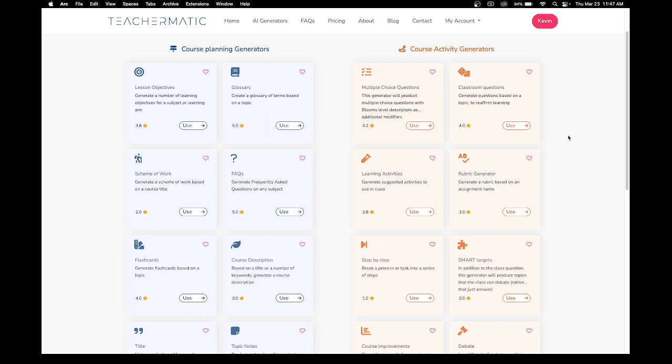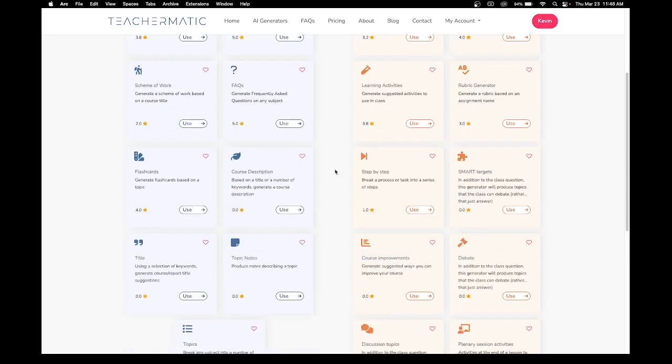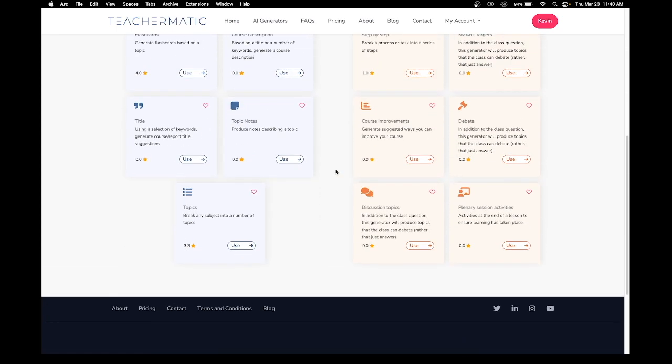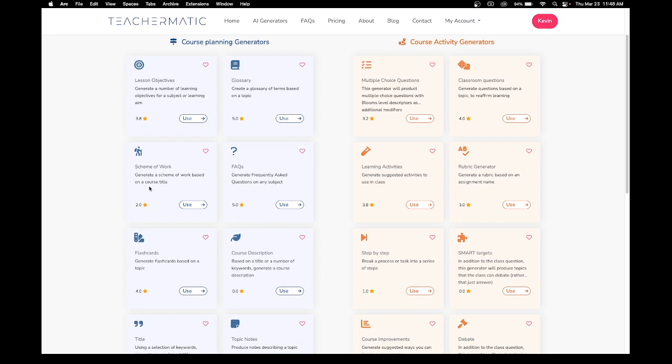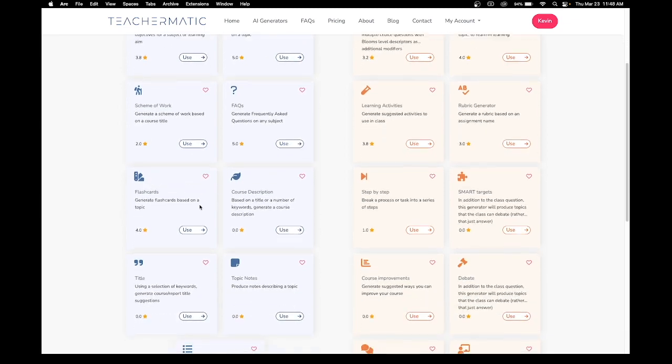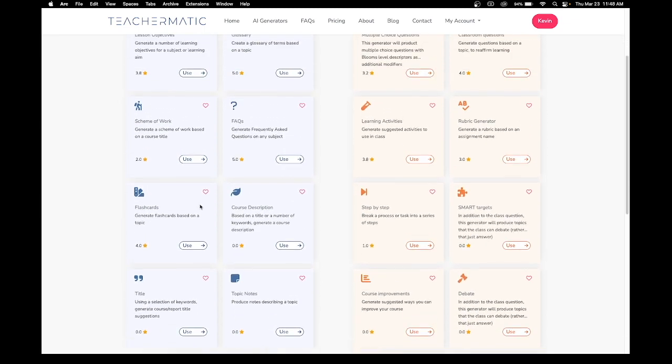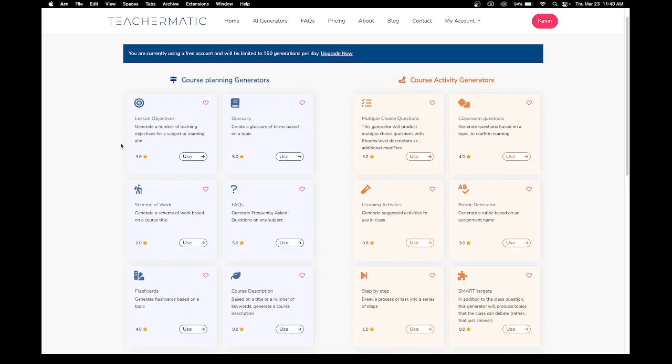So there are course planning generators, and then there are course activity generators. And again, each one of these is basically just a set of parameters that this Teachermatic site uses to query GPT to get an answer. So you've got things like lesson objectives, scheme of work, flashcards, course description, and one of the things that they are working on is what they call meta generators, where they take multiple generators and put them together